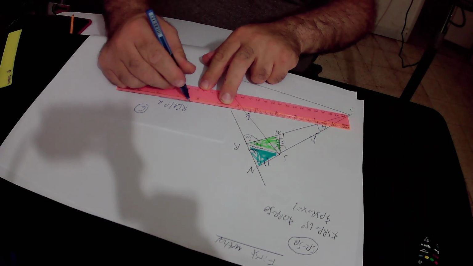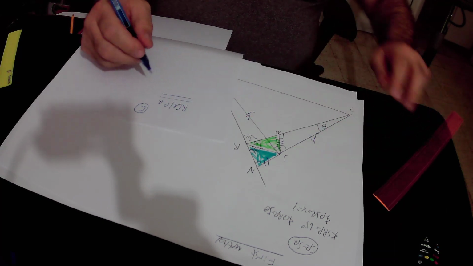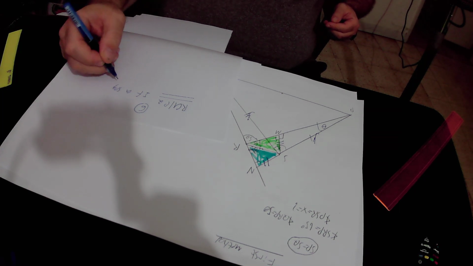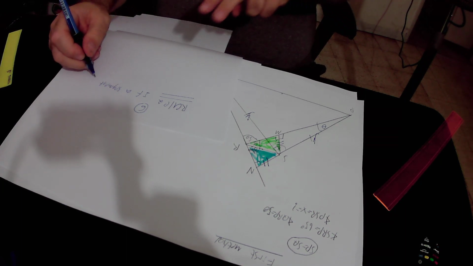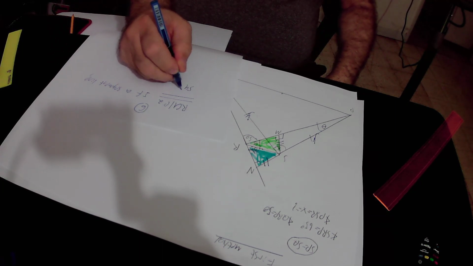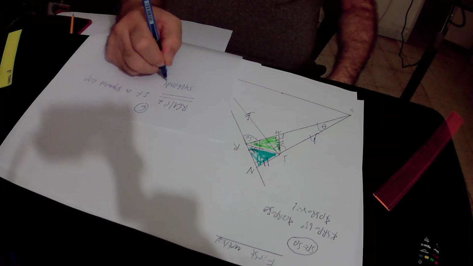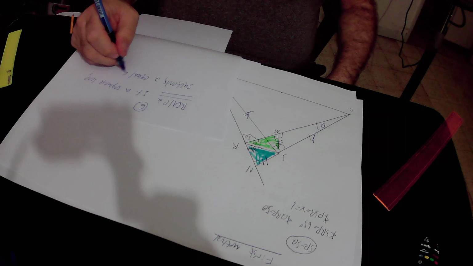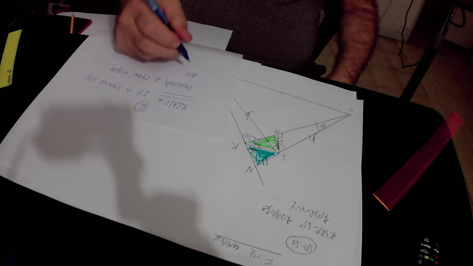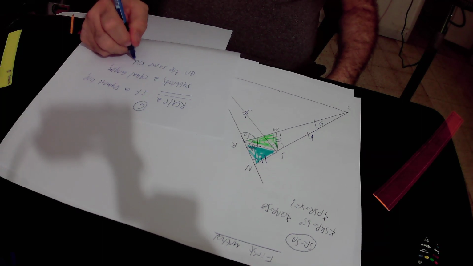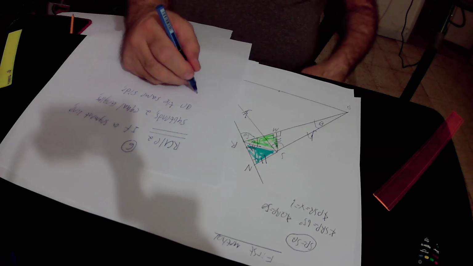Rule number 2 states that if a segment line subtends two equal angles on the same side, then